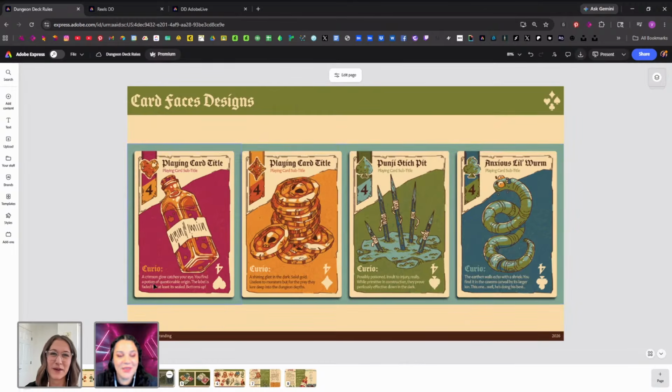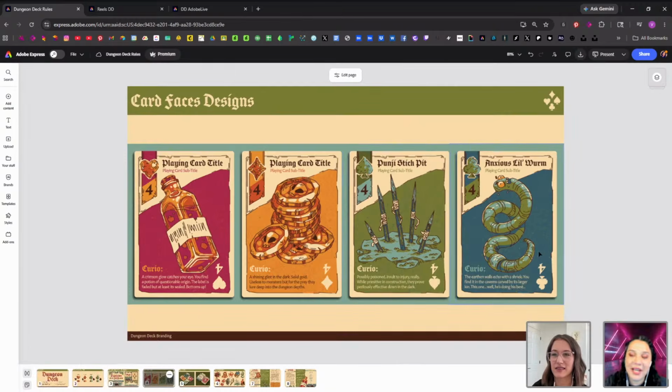But yeah, the text at the bottom of these cards is the flavor text for these. So when you're playing the game it's cool, but you should also know a little bit about Anxious Little Worm. I think that when it comes to designing a card game that's so fun and whimsical and humorous, flavor text adds an emotional connection to the game beyond just the activity.